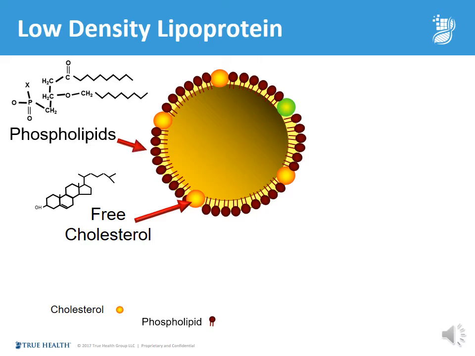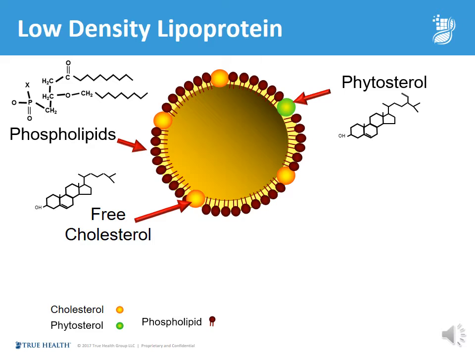Phospholipids are the major moiety on the surface of all lipoproteins, and phospholipids contain two fatty acids, most often long-chain fatty acids, but they could be shorter chain in some circumstances. And of course, phytosterols, if present, also exist on the surface of lipoproteins. Take a close look at the structure of the phytosterol. This one would be sitosterol, and compare it to free cholesterol. They look identical. If you look at that aliphatic side chain, there's an extra ethyl group on sitosterol, and that's